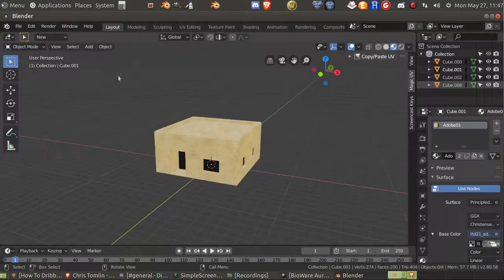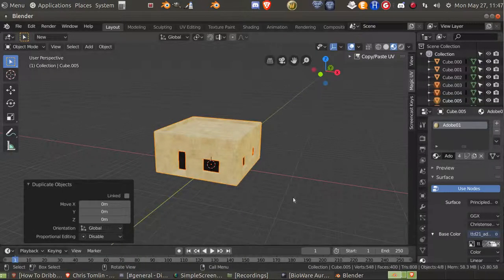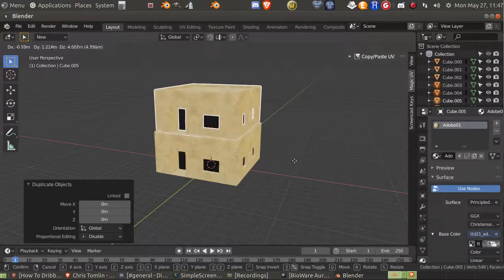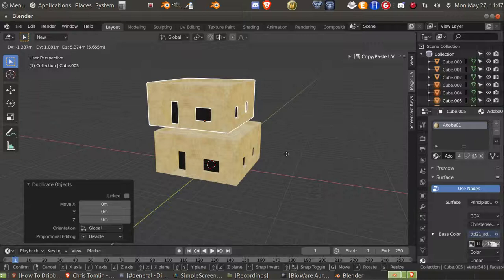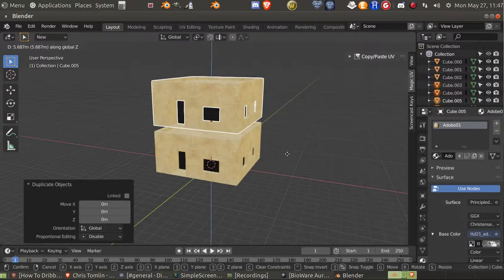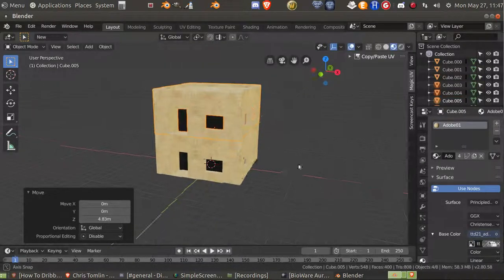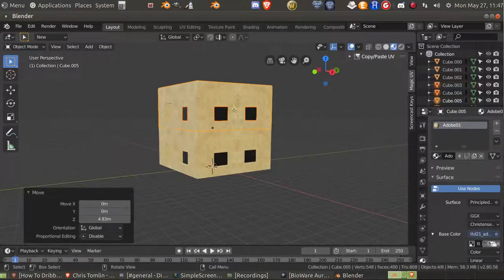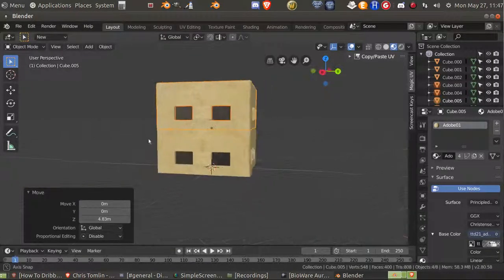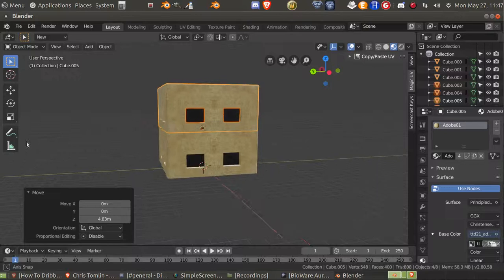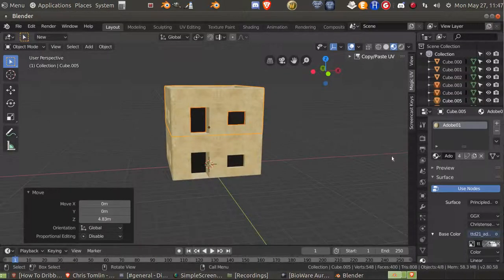Anyhow, if I selected everything, I can go Shift D and then G, Z, and bring it up, and then I could fix these seams and seam it together and take out the door, put it as a window. Then you have a 2-story,